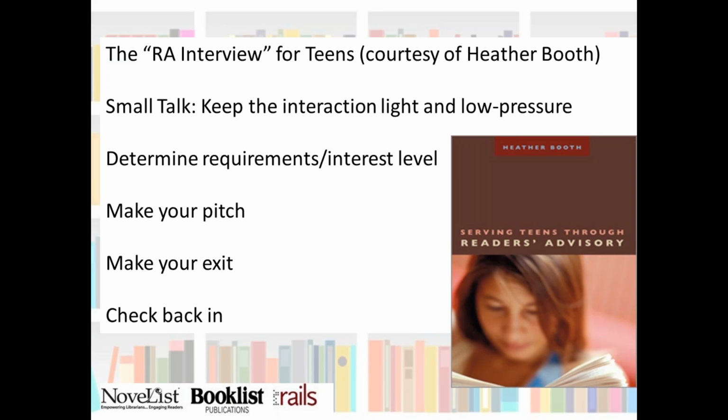And that just reassures them, because that often, and I think especially with teens, is what people are looking for, that sort of reassurance that what they're asking for is something good or could be something good. And you don't have to make that judgment call. It's nice to just say something like, "Oh yeah, this is a popular book," or "that's a popular author."